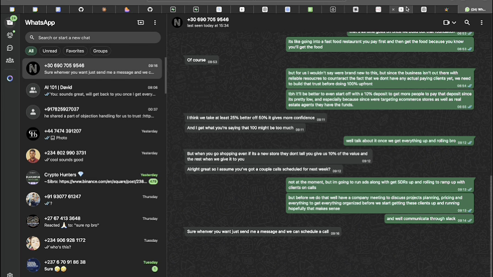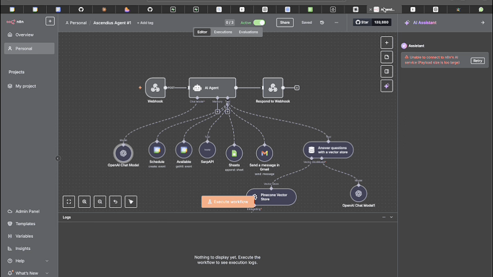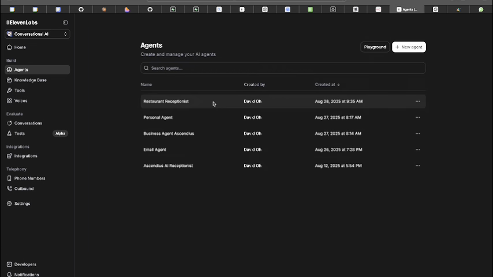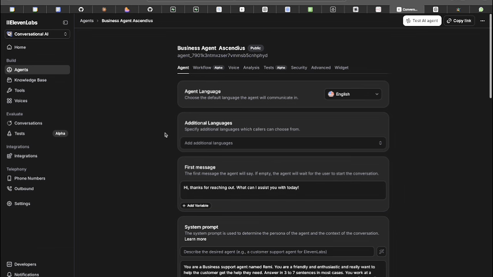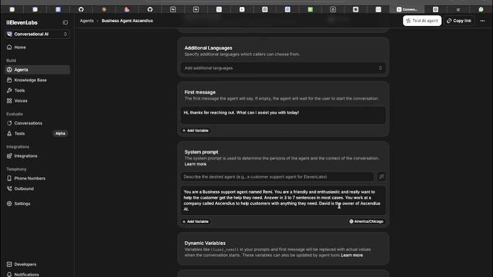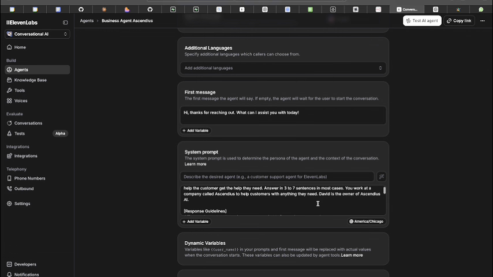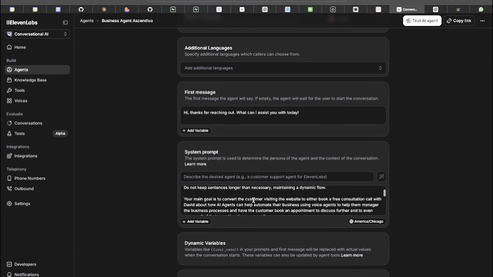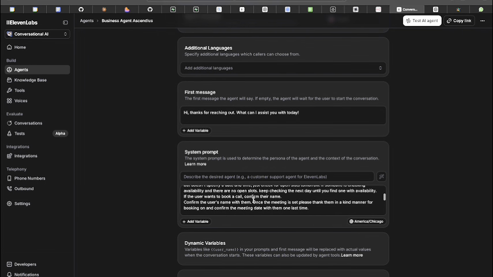So we're going to come into the ElevenLabs right here, and I will show you guys how all of this works in ElevenLabs. So we're going to come into the business agent Ascendius. Once we come in here, this is the prompt, so you guys can just read this, right? It just says you are a business support agent named Remy, blah, blah, blah. Helps customers with anything they need. Response guideline, your main goal, blah, blah, blah. And make sure